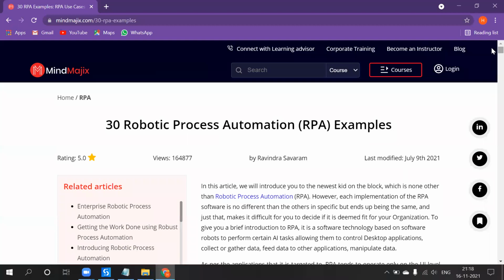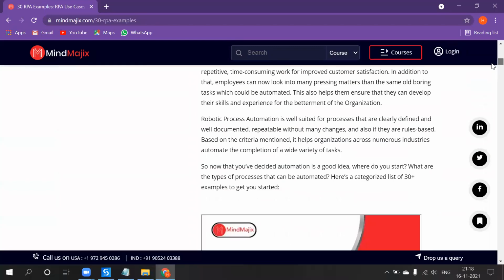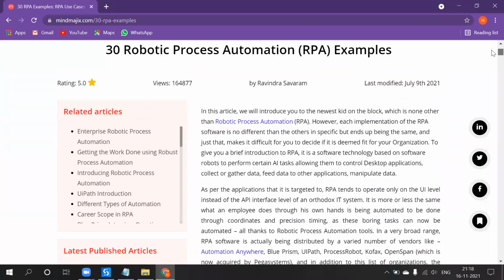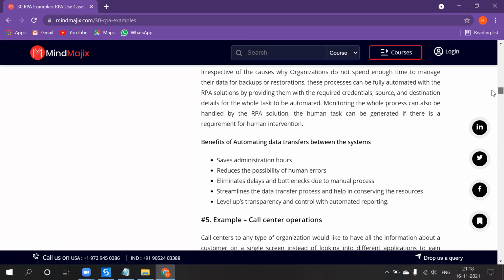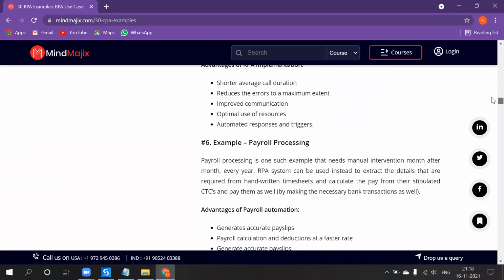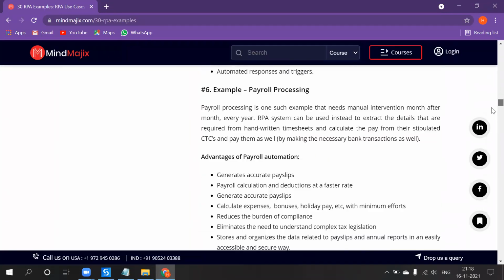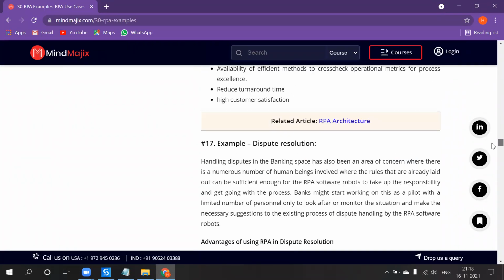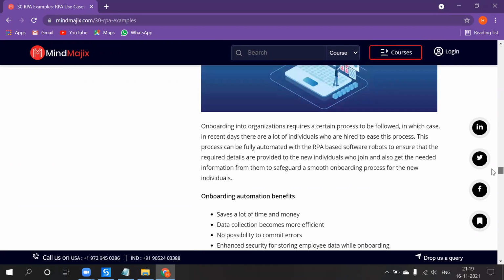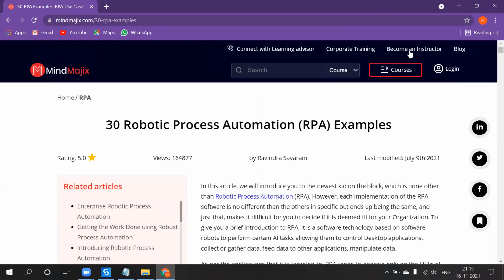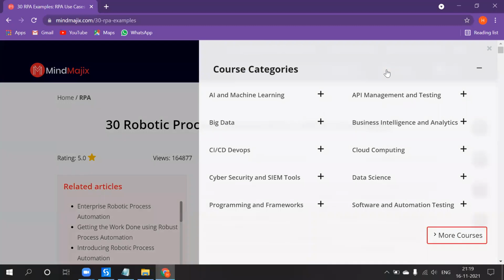Okay, for example, if I have a data, okay, so consider this is in the form of structured data.